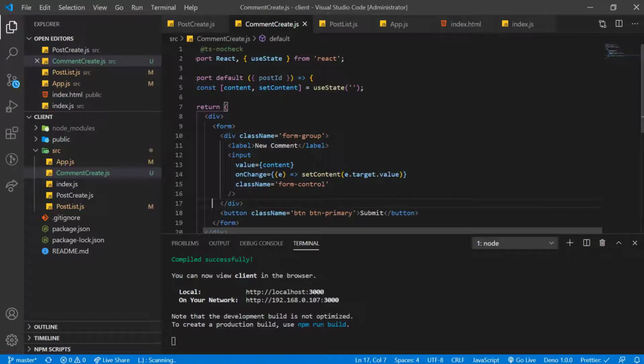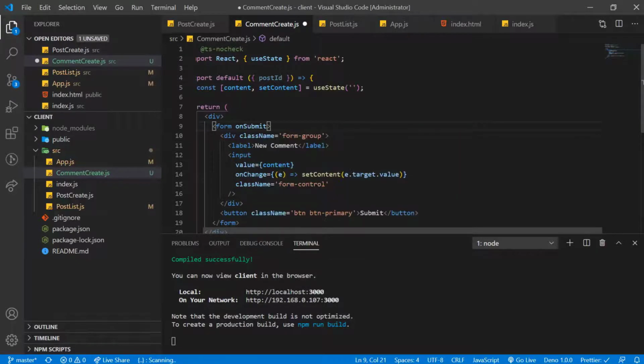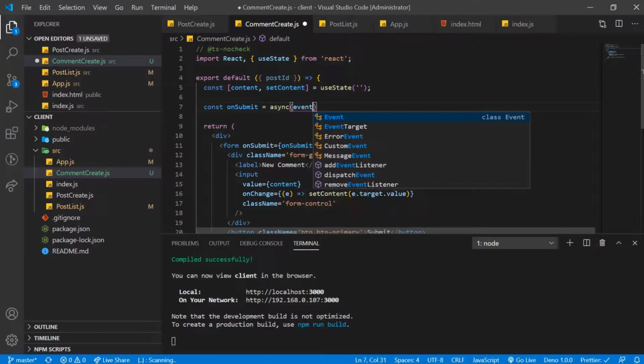Now let's add an onSubmit event listener on the form itself, and let's say the name of the event will be onSubmit. Now let's define that function right away. I am making this function async just like we did in our earlier videos.